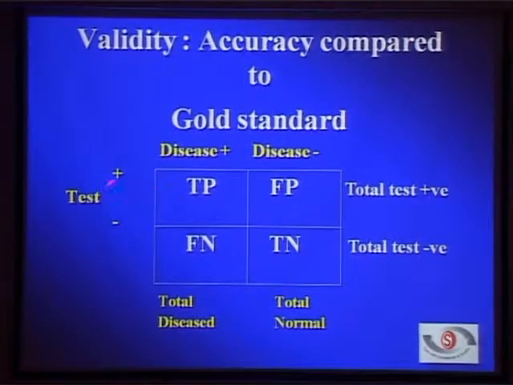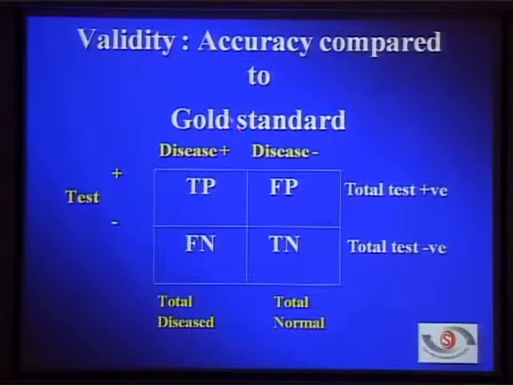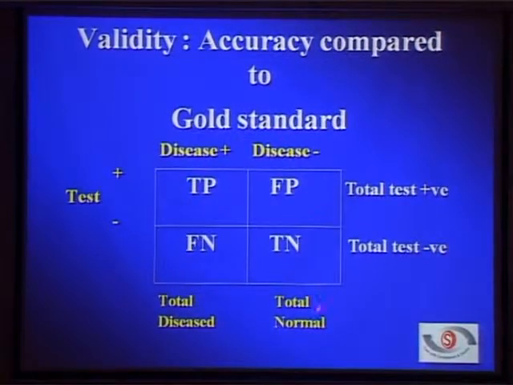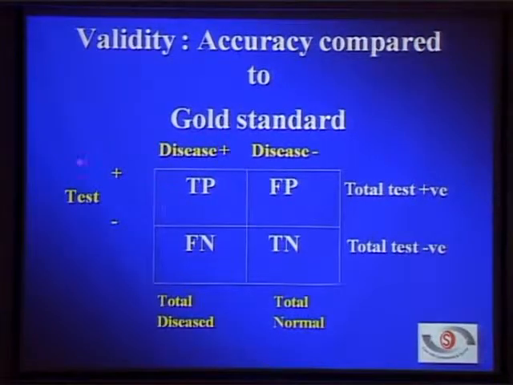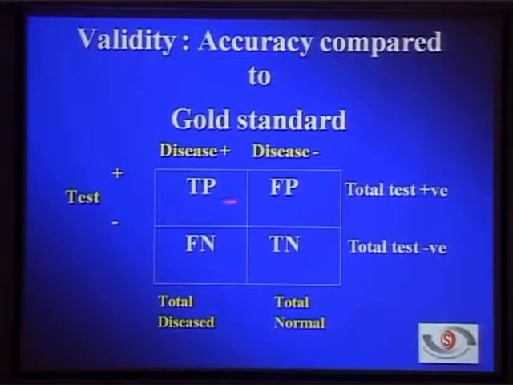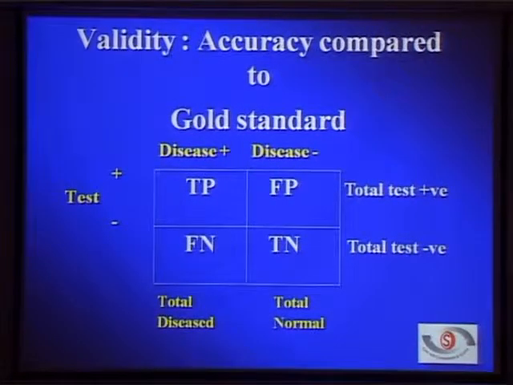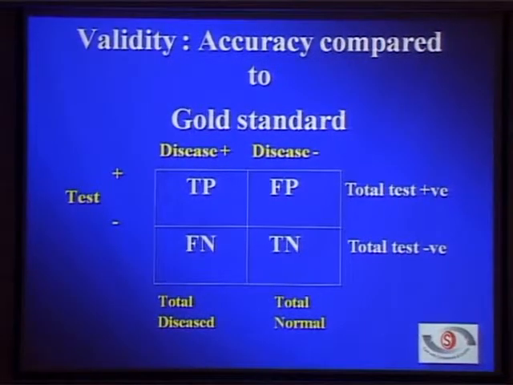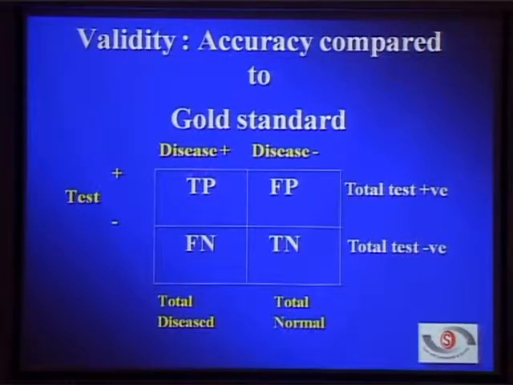So this is the 2 by 2 table, where the disease comes vertically and the test comes horizontally. When the disease is positive and the test is positive, it is called true positive. Unfortunately, when we are doing the test the first time, we don't know whether the disease is positive, because disease positive means we already know about the disease. But in real life that is not the case. So when we talk about real life, the predictive value and likelihood ratio are more important. But anyway, sensitivity has to be calculated.